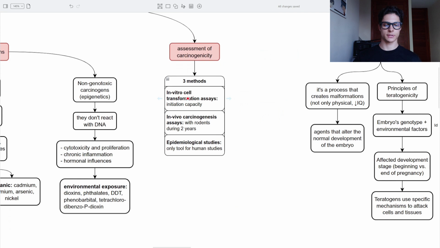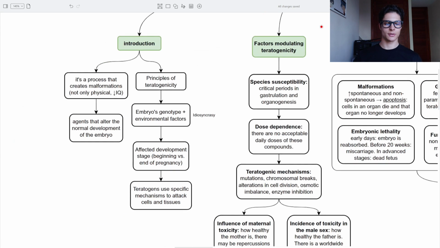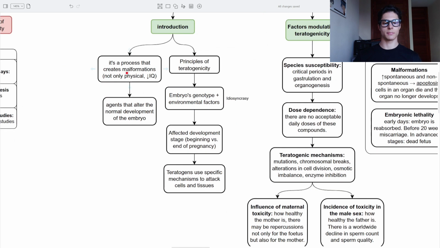We have the in vitro cell transformation assays, in vitro carcinogenesis assays, and epidemiological studies, which is the only tool we have for human studies, because we are not going to induce a tumor in a human being. And then teratogenesis. It's a process that creates malformations, not only physical, but also lowering the IQ, for example. Agents that alter the normal development of the embryo